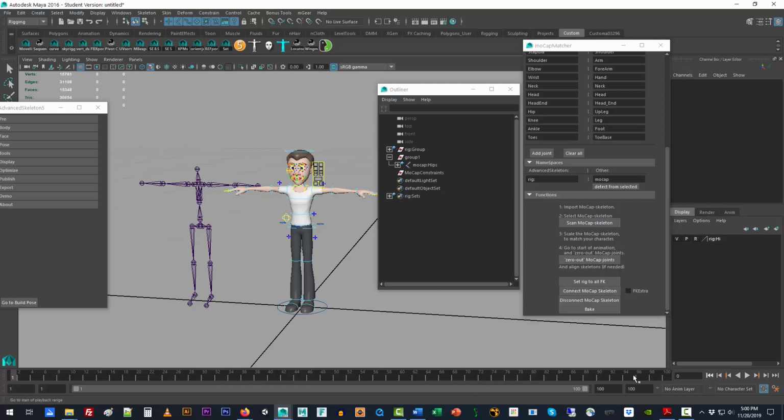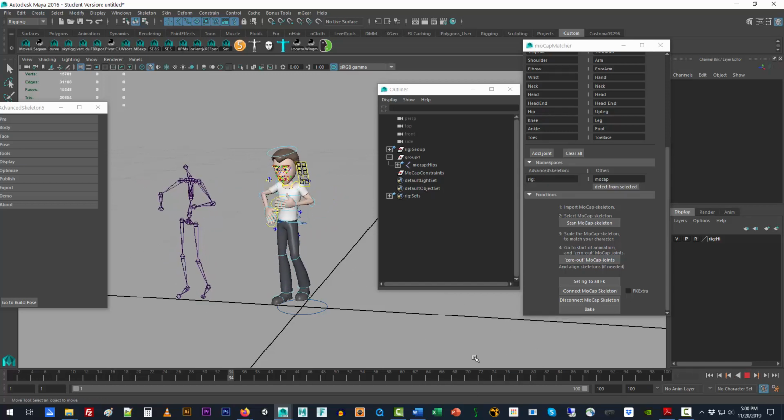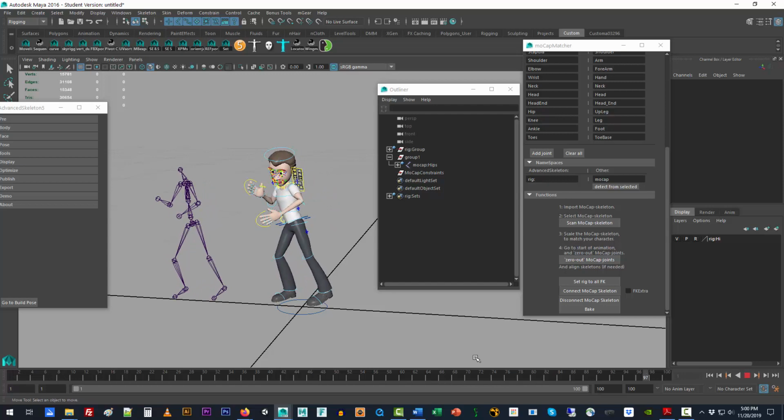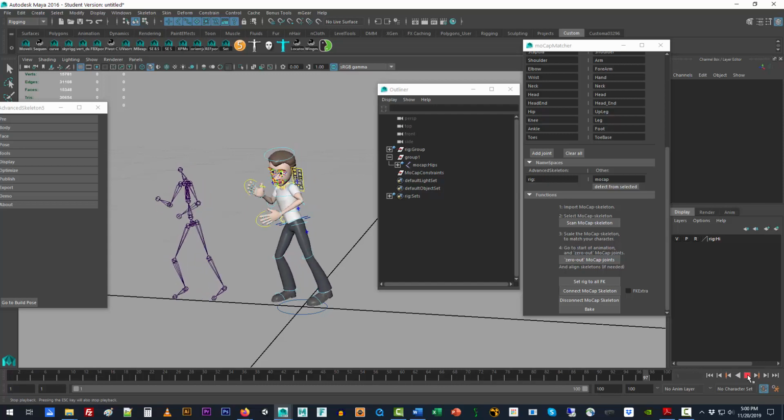And if I come here to frame 0, boom, it pops into the motion. I'm allowed to play it. And our character goes into a very cool, funky dance. So that's how you set things up in Maya